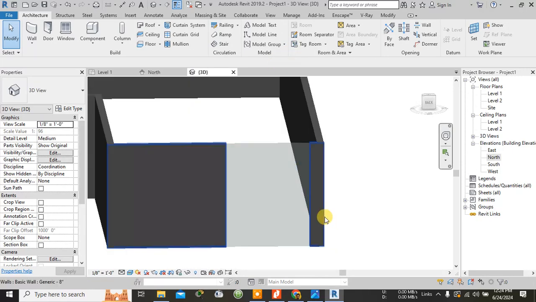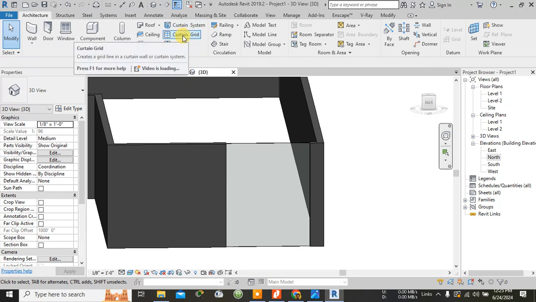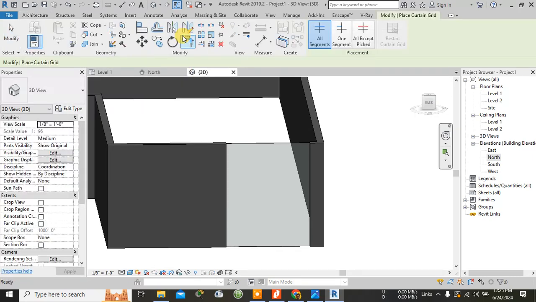See, this is the curtain wall, how it looks. Actually the curtain wall is made of glass. So this is the curtain wall which I have created. Now after creating the curtain wall, even in the curtain wall I can create various curtain grids. You can see here these are the various grids. So I can create various grids, like,